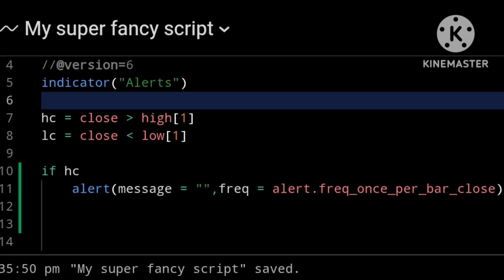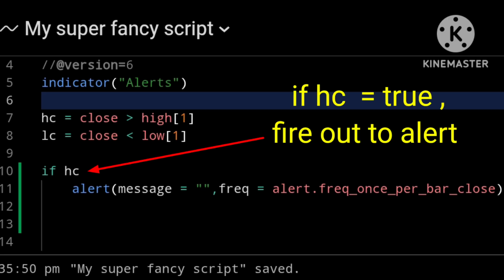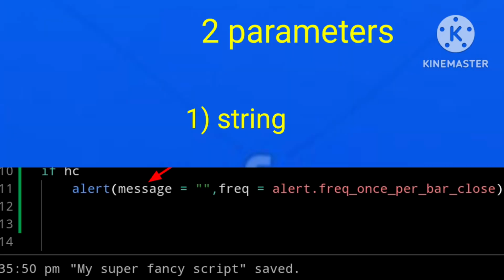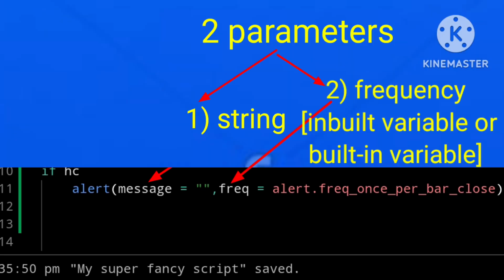So first of all, let us use the alert function. The way this works is an alert function triggers an alert as soon as it is called. So for example, if we check if HC is equal to true, fire our alert, and this alert function takes two parameters, message which is a string and frequency which is an inbuilt or built-in variable.